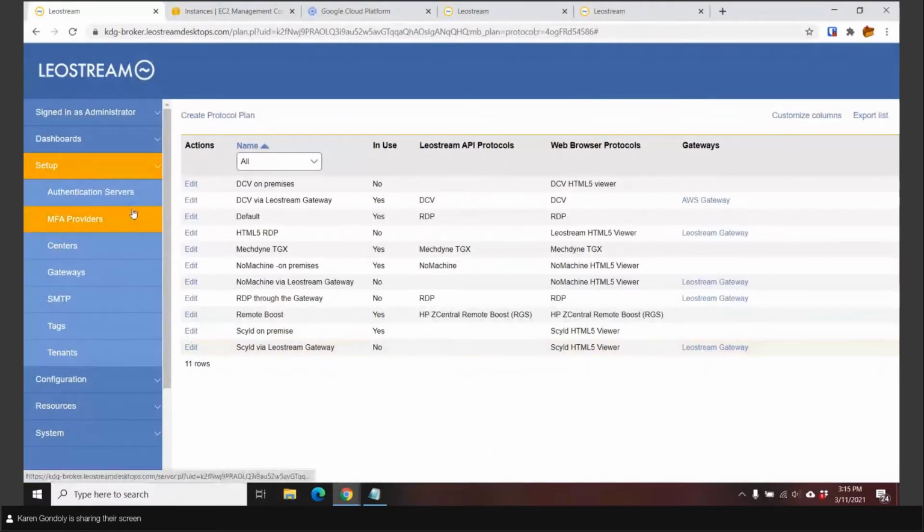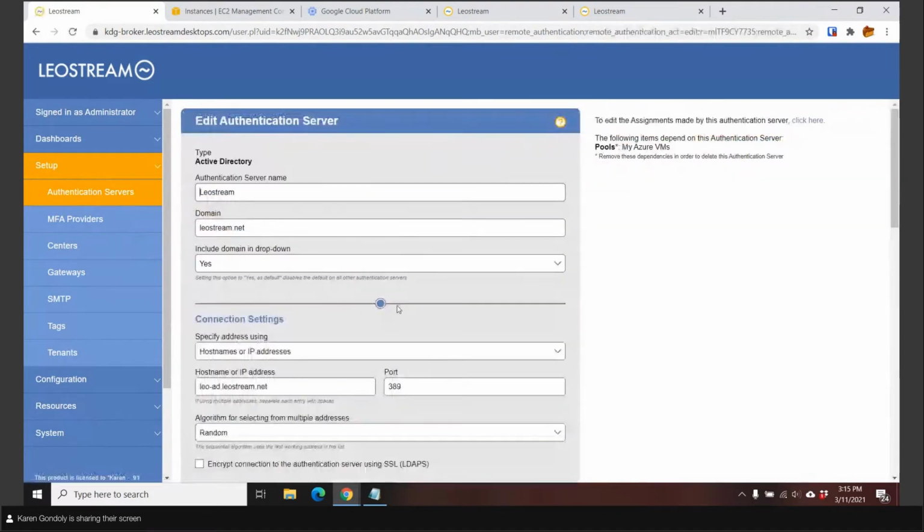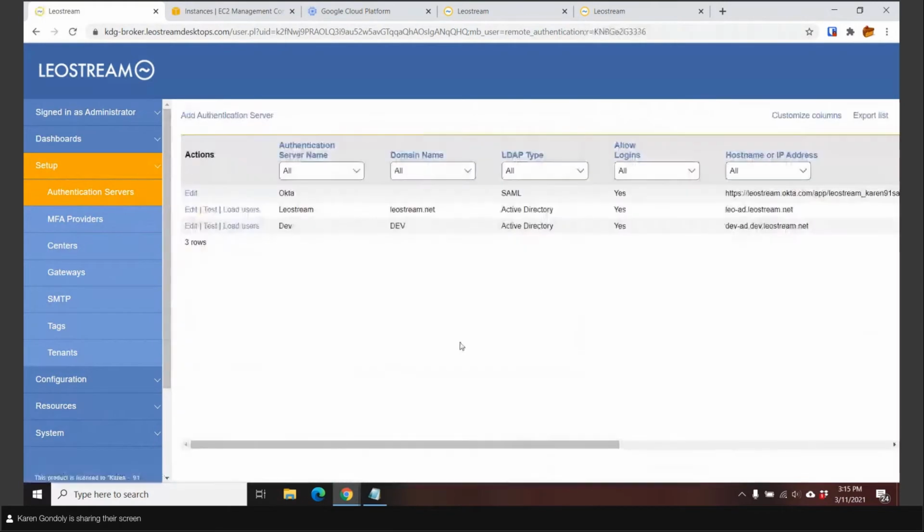Now there's two different places where you set up different authentication methods here. In authentication servers, this is more or less for username password authentication. Active Directory, obviously you can use Active Directory for username password authentication. We do support Open LDAP and even NIS if you happen to have older Linux environments that leverage NIS. Those are great for a first factor of username and password where Leostream is performing that authentication against the authentication